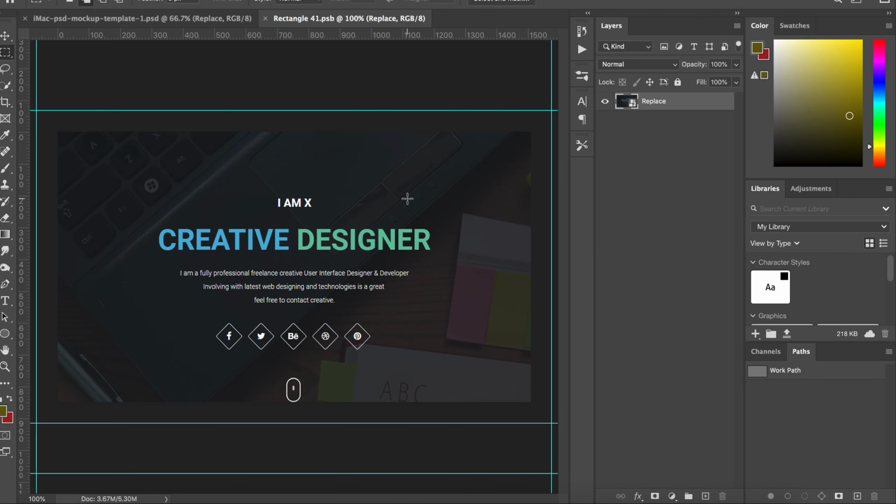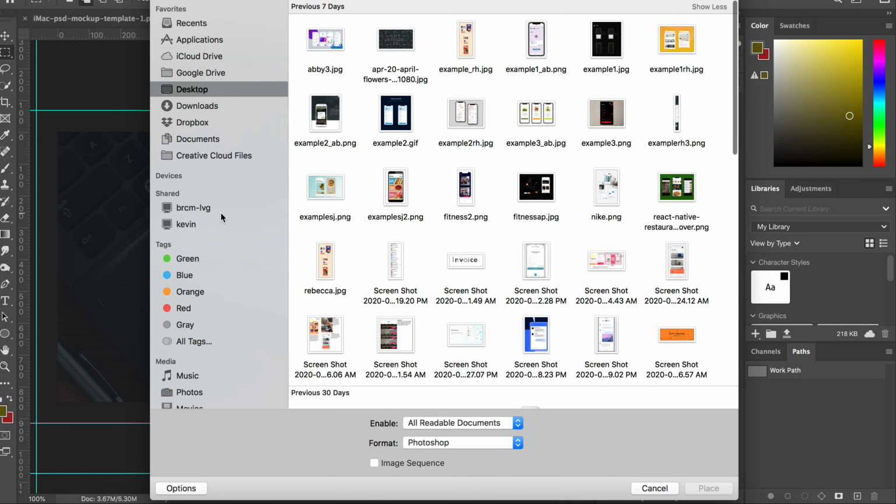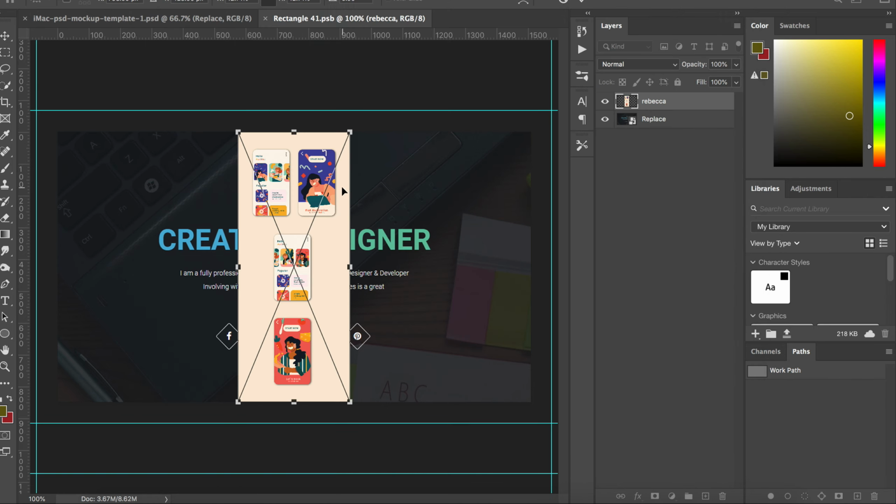So say for example, I want to upload my web page. Okay, so I don't have a flat JPEG of a web page, but I'm going to pretend that I'm uploading artwork. So I'm going to go to File, Place Embedded, and again you'll navigate to your web page screen. Again, let's see what we've got here. I'm just going to use this as a test. This is a sample image that I downloaded for somebody. So again, I'm taking my website